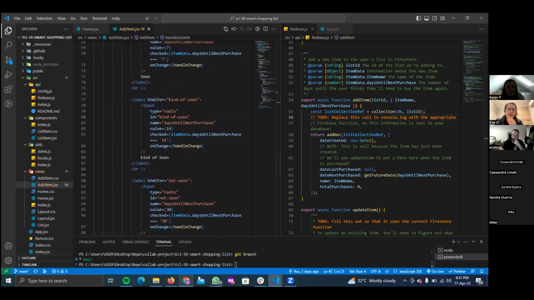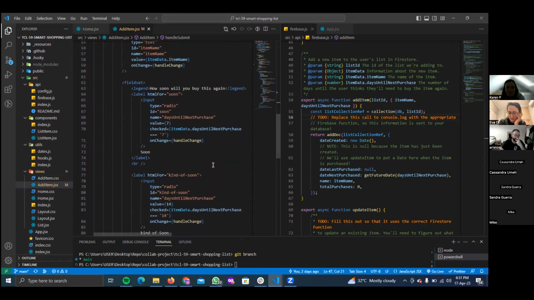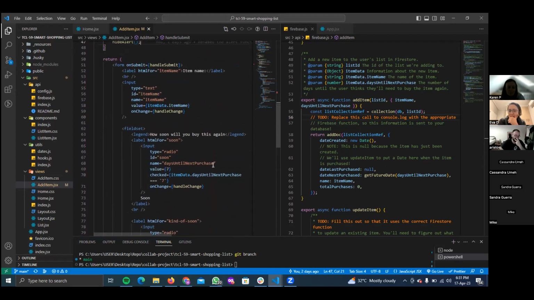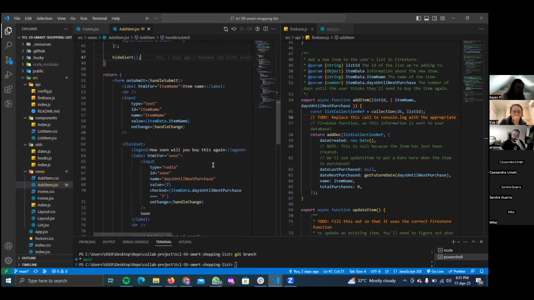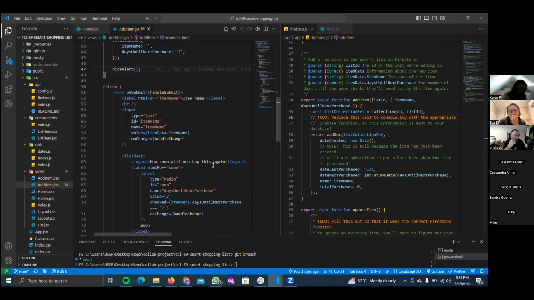And just a quick question, why do we use a label in our forms? Like, do you know, when we talk about accessibility, what's the role of a label in forms? So the label is basically to give the form a title. One of the functions for a label is to give a form a title.